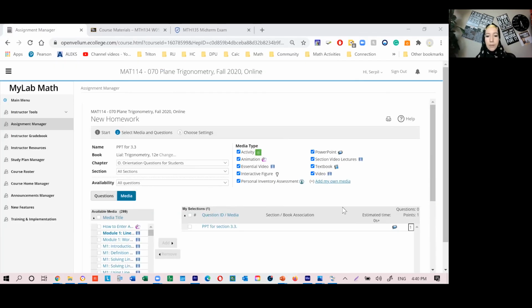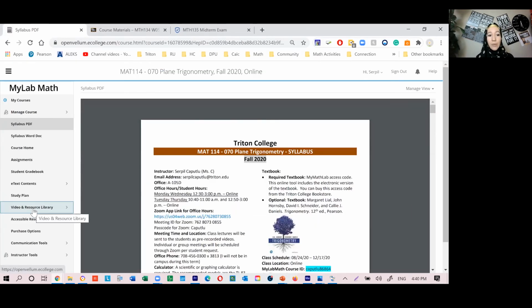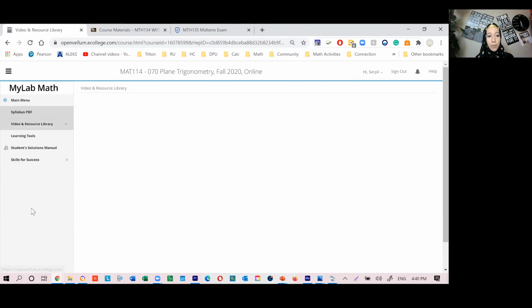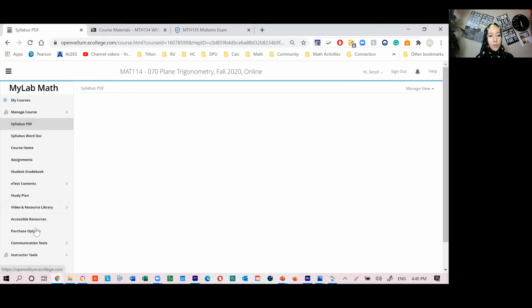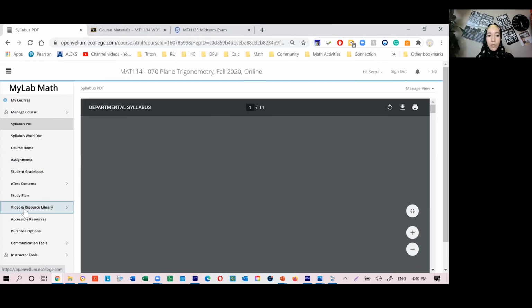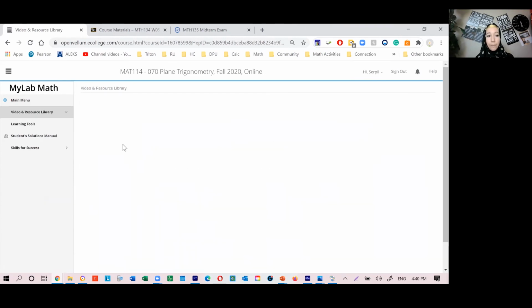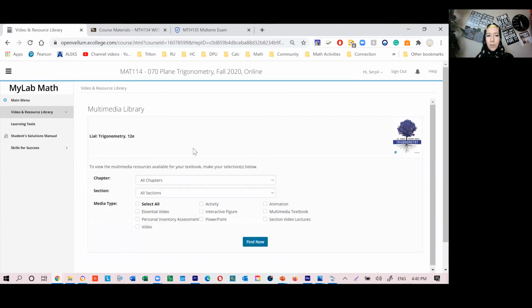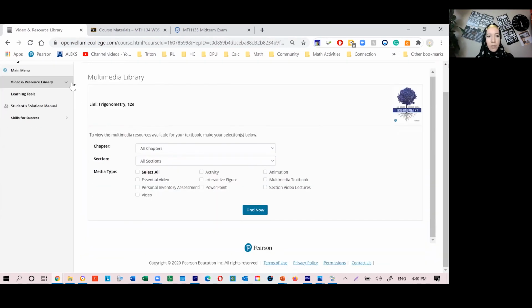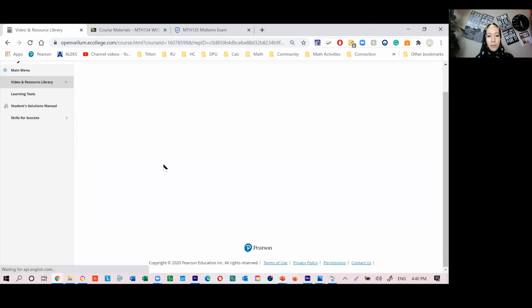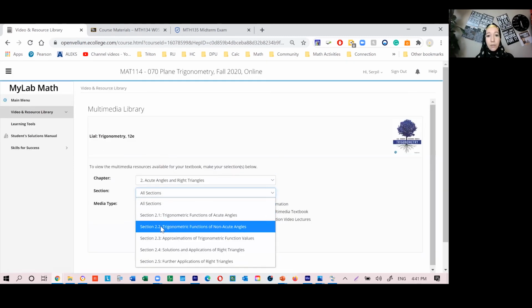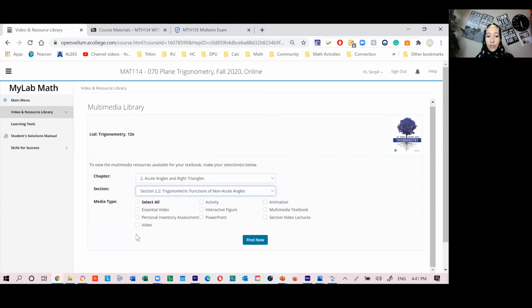Add external assignment here. There are also a lot of resources from the publisher. If students go to the multimedia library or video resource library in their course, sometimes the publisher names it multimedia library, sometimes video resource library, which is still the multimedia library. And the students can go to chapter and section, and they can search for the video,